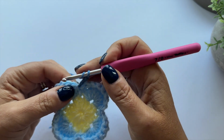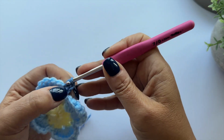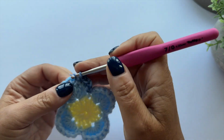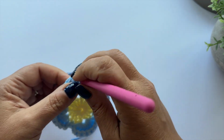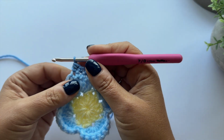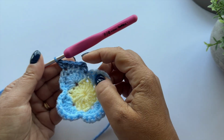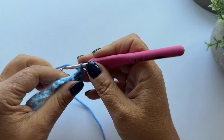So the next stitch is a half treble, and then we have 2 double crochets, and then we have a half treble and a treble in the same stitch. So that's my half treble and my treble in the same stitch. So now we've got a nice straight edge, and this is our corner, so I'm going to chain 2,